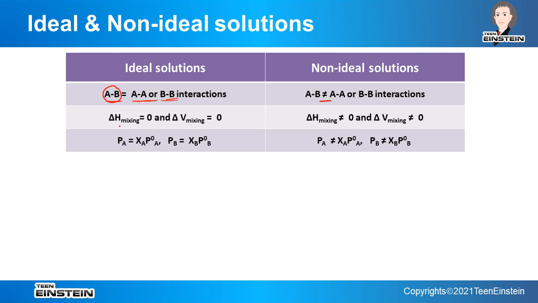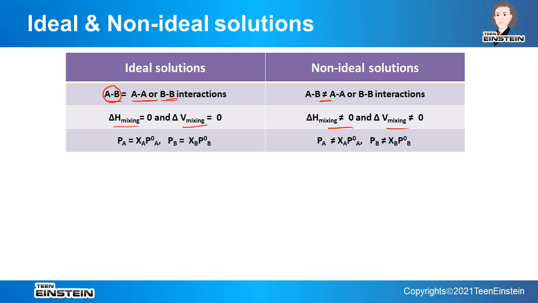And the second important point is here del H mixing, it must be 0. There should not be any evolution of heat or absorption of heat. And del V mixing, that is also equal to 0. That means there should not be any volume change before mixing and after mixing. But in case of non-ideal solution, both del H mixing and del V mixing are not equal to